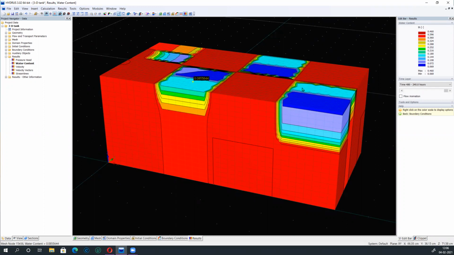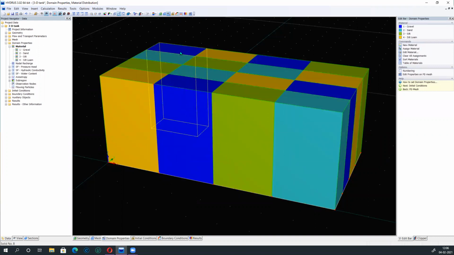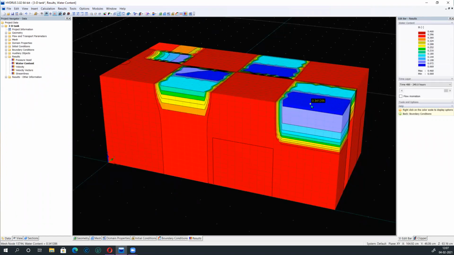However, in these blocks where we have applied the gravel, you can see in the domain properties that these are the gravel blocks, this, that, this, and sand. There the water drains rapidly.